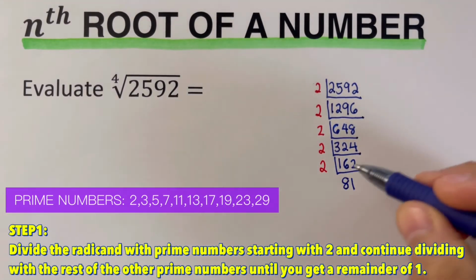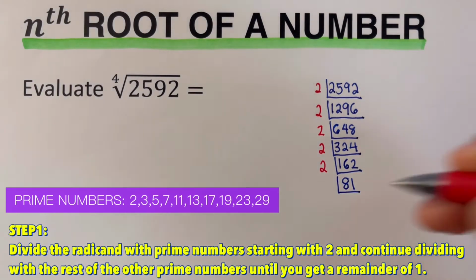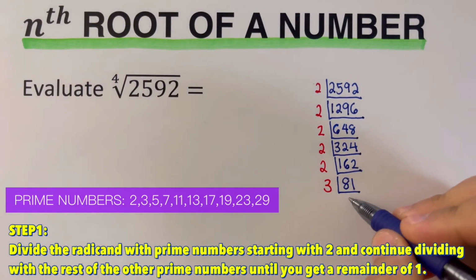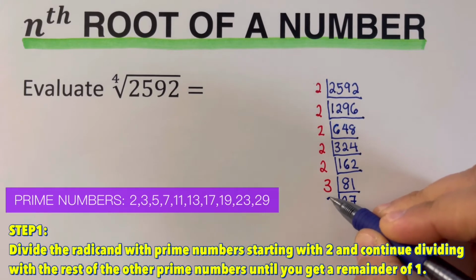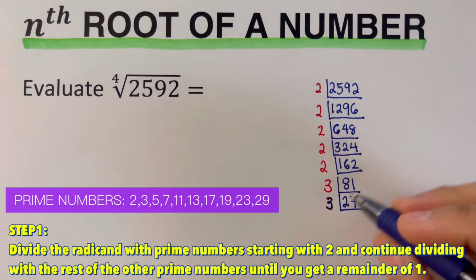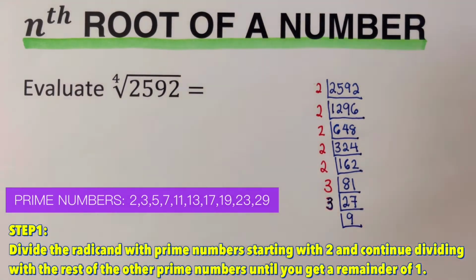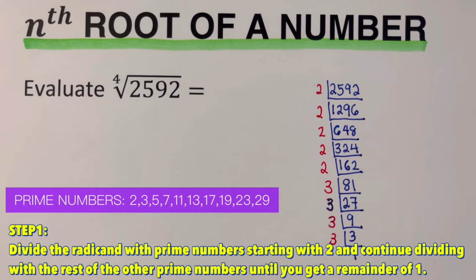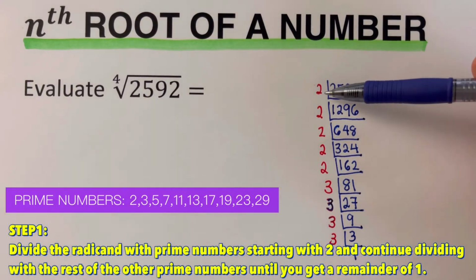So 81 is not divisible by 2, but instead this is divisible by 3, which is the next prime number. So 81 divided by 3 is 27. I will divide that again by 3. And so we have 27 divided by 3 is 9. I will divide that again by 3. And so 9 divided by 3 is 3. I will divide that again by 3. 3 divided by 3 is 1. And so I'm able to get a remainder of 1. So these are the prime factors of